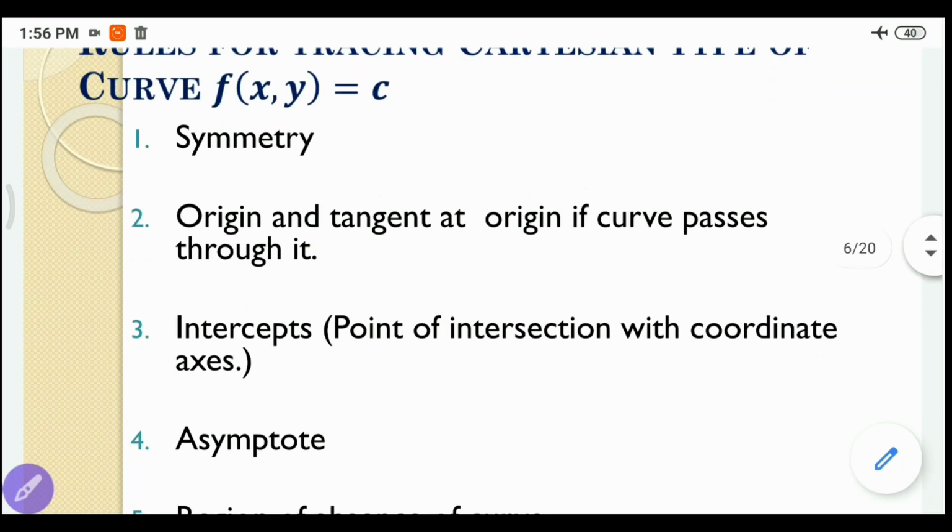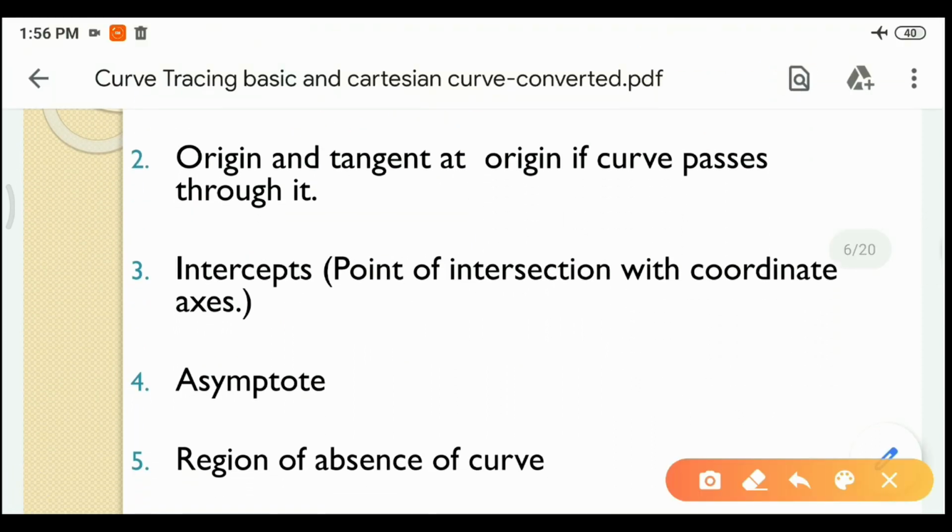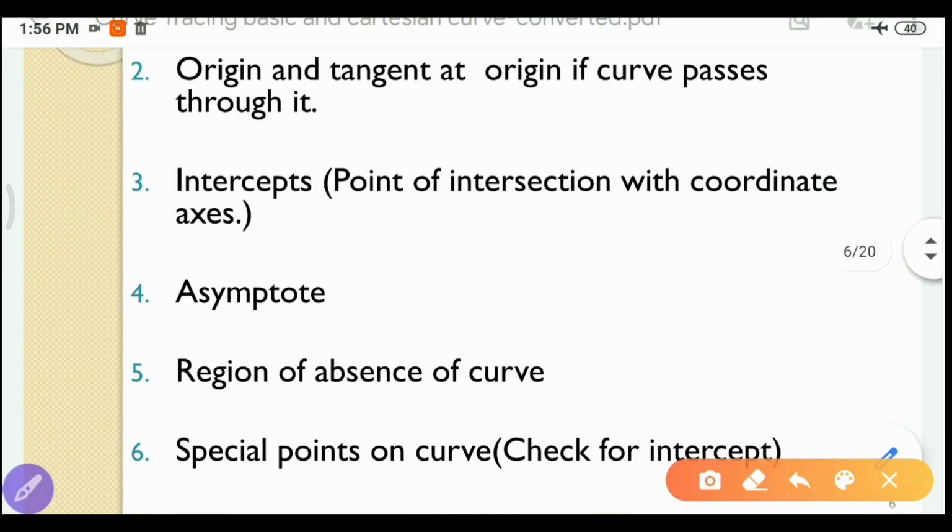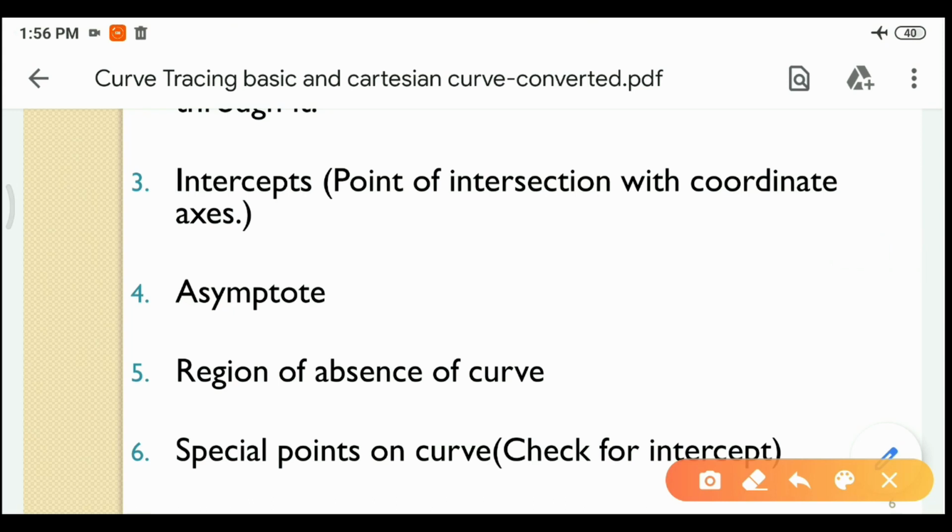Then the third point we are going to see is intercept. So basically 2 kinds of intercept we are going to see, x-intercept and y-intercept. Now x and y-intercept is nothing but what? We are going to check out the point of intersection on the x-axis and the y-axis. And then as I told you, asymptote is nothing but a tangent to the curve at infinity. So we are going to check out 2 kinds of asymptote,